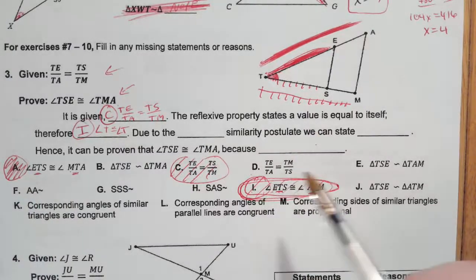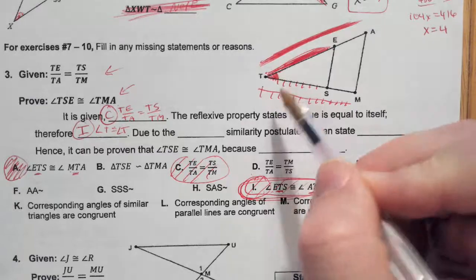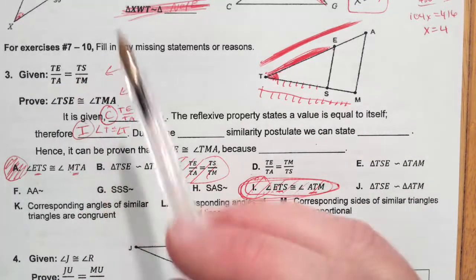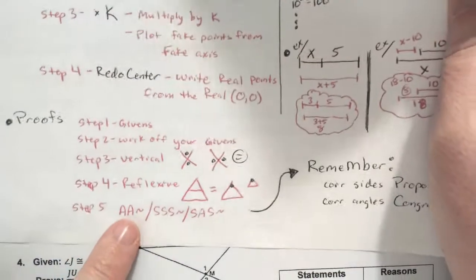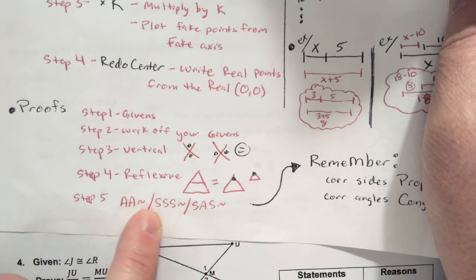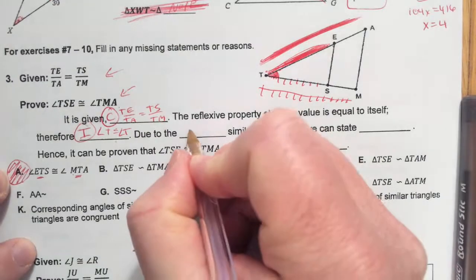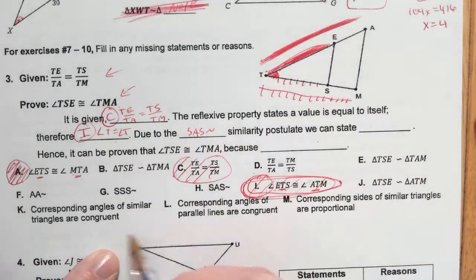Okay, so now that we have that these sides are proportional and that this angle is equal, what is this? Well, how many sides did you have? 1, 2. And you had one angle. So what do you think you're going to be using? We're going to be using either AA similarity, SSS similarity, or SAS similarity. Which one do you feel? SAS similarity. So because of the SAS similarity, which is